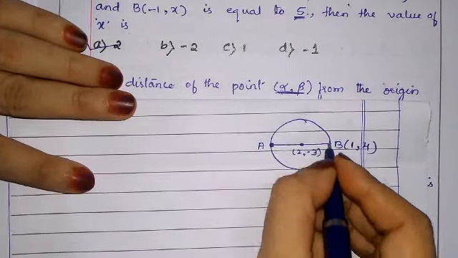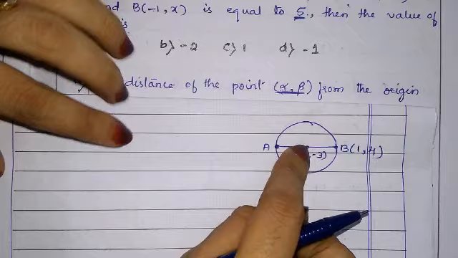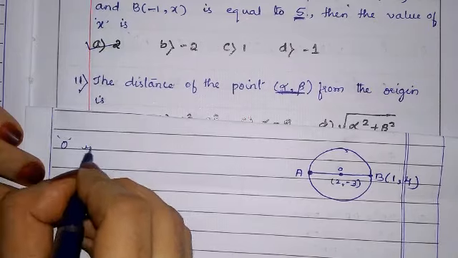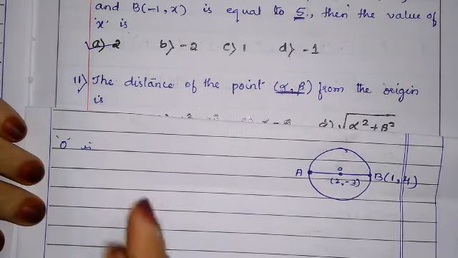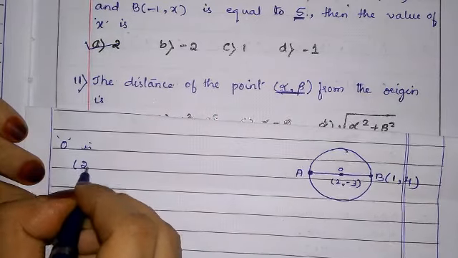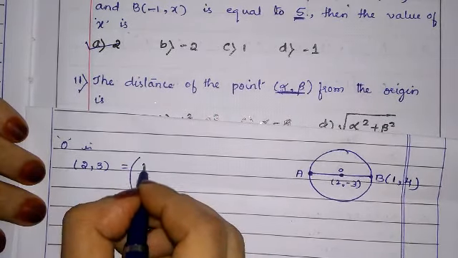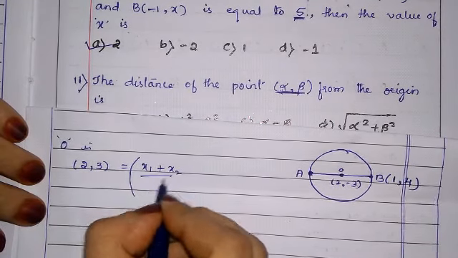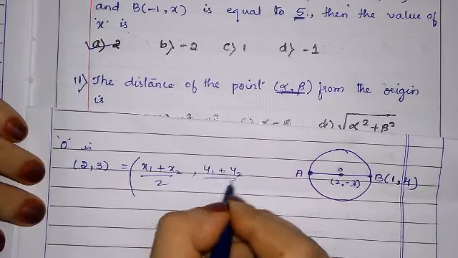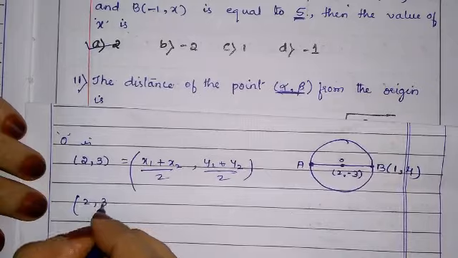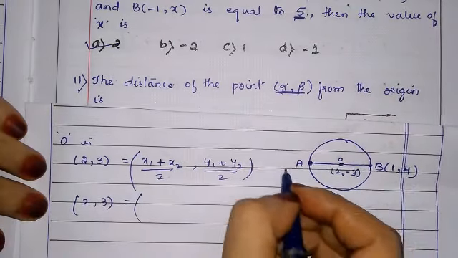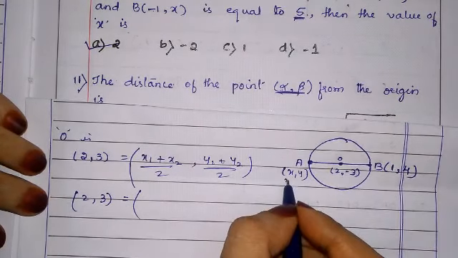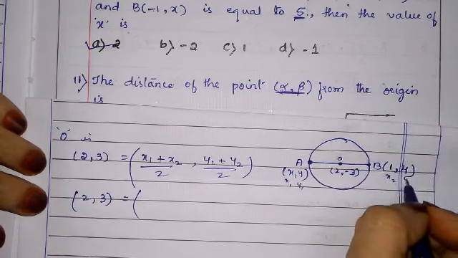We don't know A. But we know that O is the midpoint of AB. So we can take the midpoint formula and write it. O is (2, 3). The midpoint formula is ((x1 + x2)/2, (y1 + y2)/2). Okay, (2, 3) let it be here only. This is the midpoint. A we will consider as (x, y), since we don't have any number here. So (x1, y1) on this side and (x2, y2).